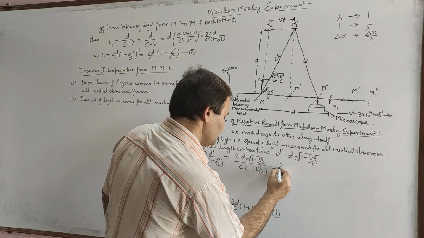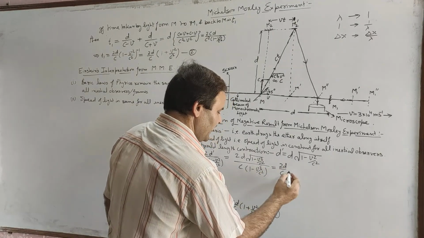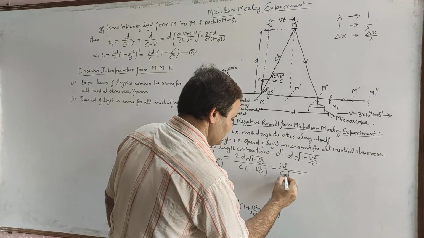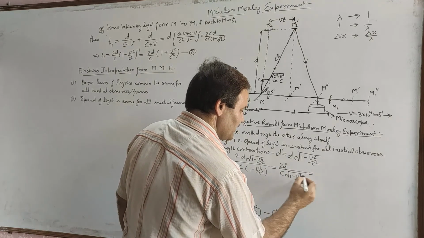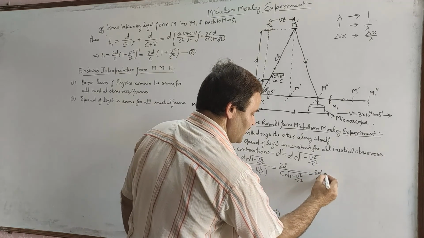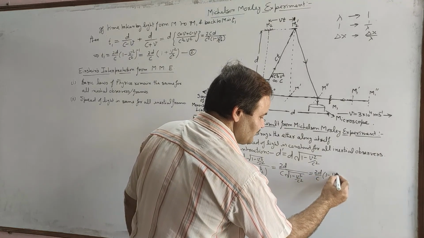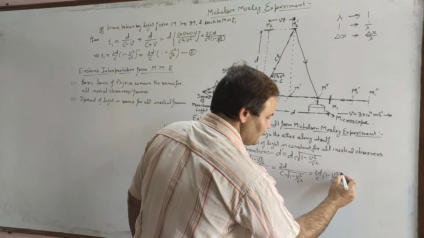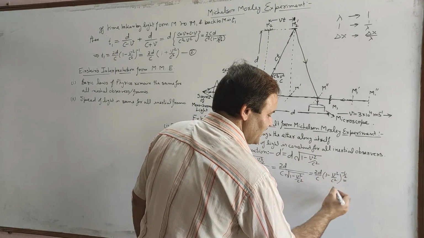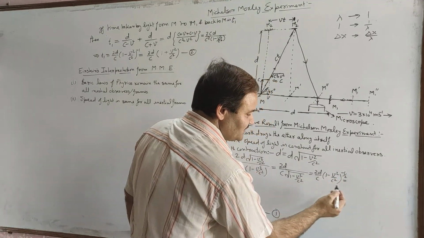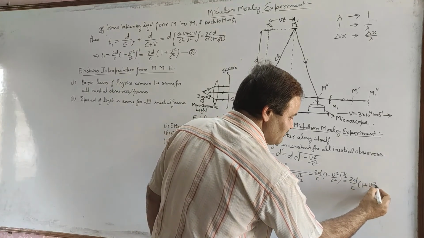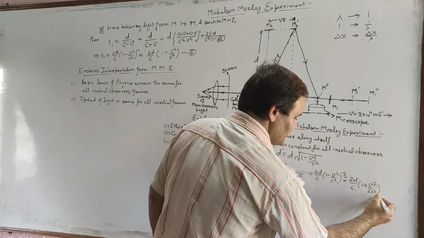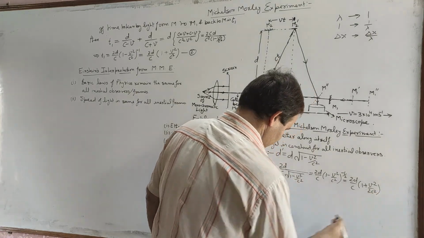This is equal to 2d by c into 1 minus v square by c square raised to the power minus half. Expanding, it will give 2d by c into 1 plus v square by 2c square,